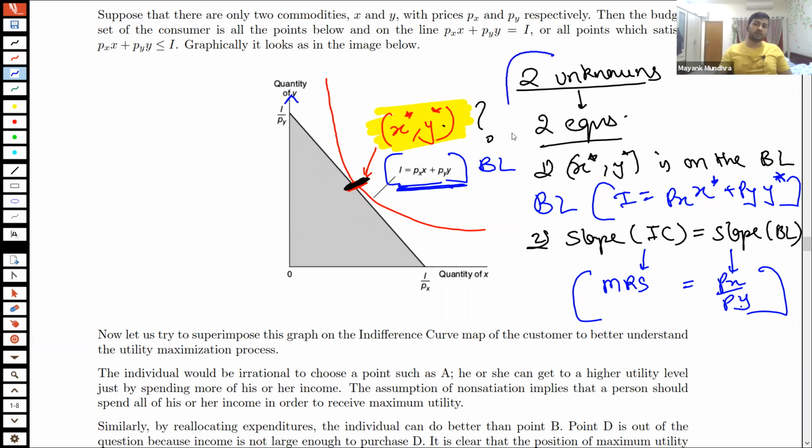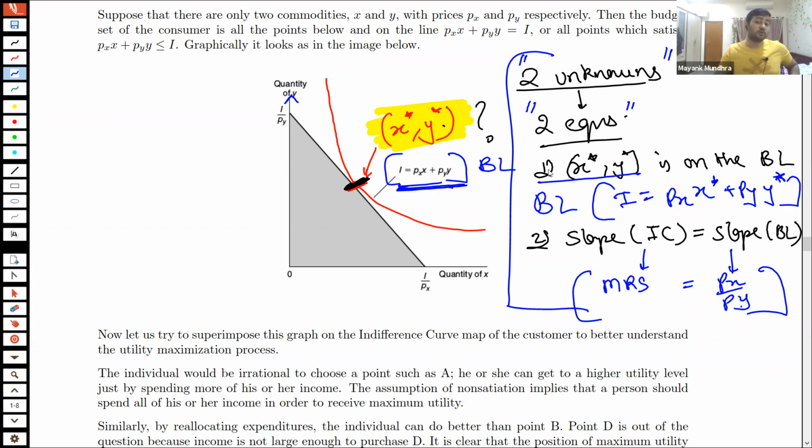The important thing here to understand is how do I go from something that I know about X star Y star and convert it into an equation, because this is what is going to come in handy. Now I could just ask you to memorize these two equations, but that's only going to help you if the question comes in a generic fashion. But most of these entrance exams don't ask generic questions. They are going to ask you something which is going to be thought provoking. So in such situations, what you need to understand is that if you have two unknowns, you need two equations.